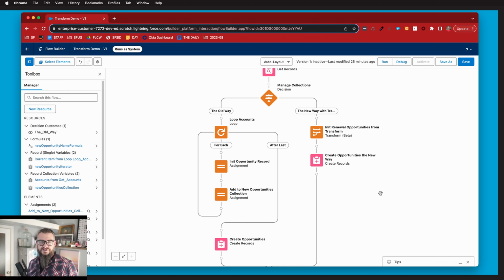One of the best new features of Winter 24. The other one that I love is all the HTTP callout stuff, which I did a presentation on at Northeast Stream a couple weeks ago. And transforms sort of ended up in that presentation. I don't think I did them justice during that presentation,